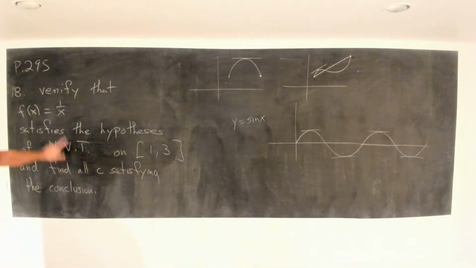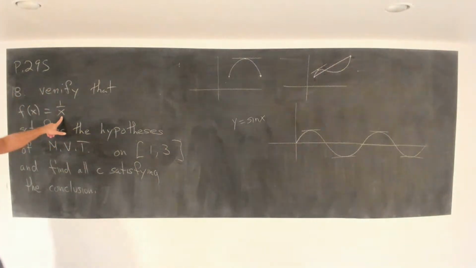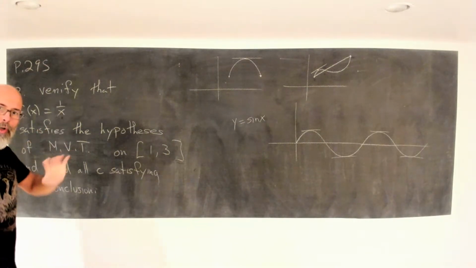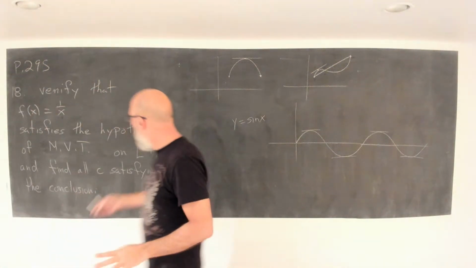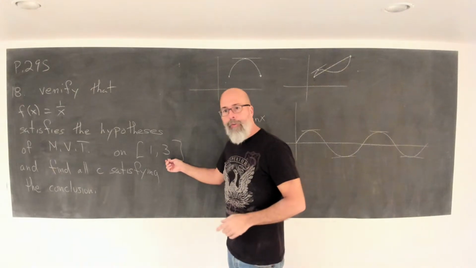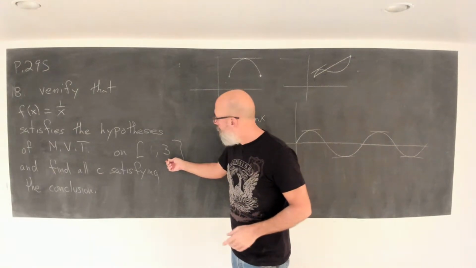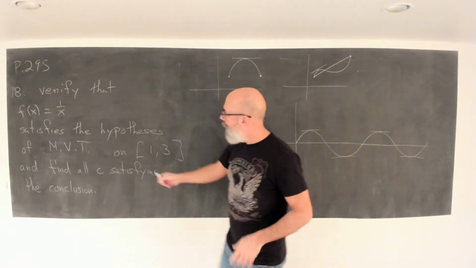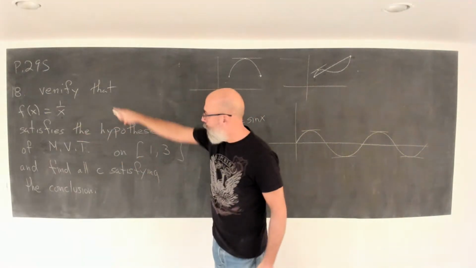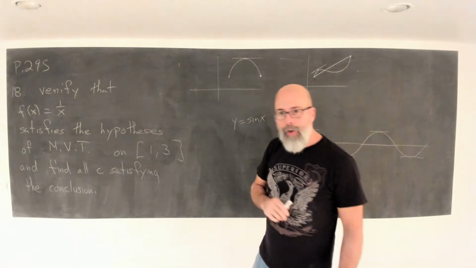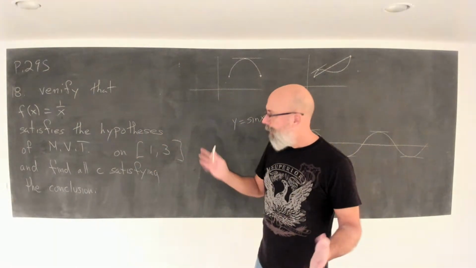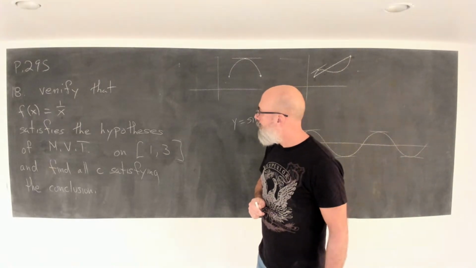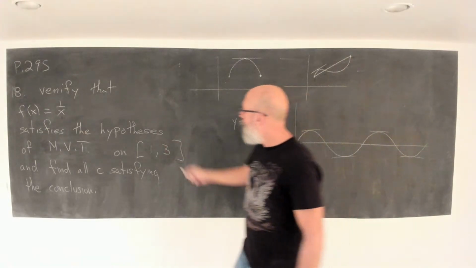So let's finish this up here, right? This function is continuous everywhere it's defined. So as long as you stay away from 0, you're good to go. And here we're far away from 0, so that's good. So this function is continuous on the interval 1 to 3. It's also differentiable there. You know what its derivative is. It's differentiable on the open interval. So the hypotheses of the mean value theorem are satisfied. The derivative,